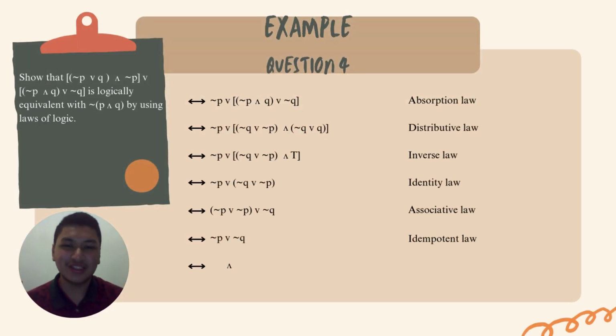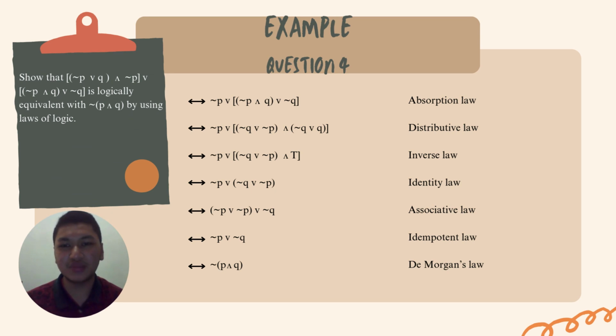All right, so here is question 4. The question is, show that [(¬P ∨ Q) ∧ ¬P] ∨ [(¬P ∧ Q) ∨ ¬Q] is logically equivalent with ¬(P ∧ Q) by using laws of logic. Okay, so